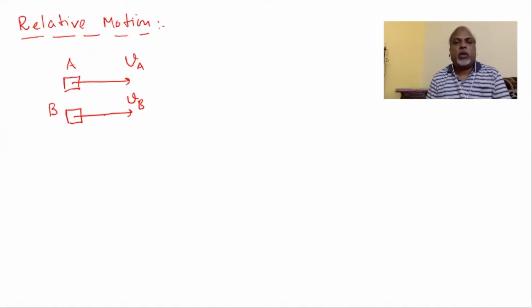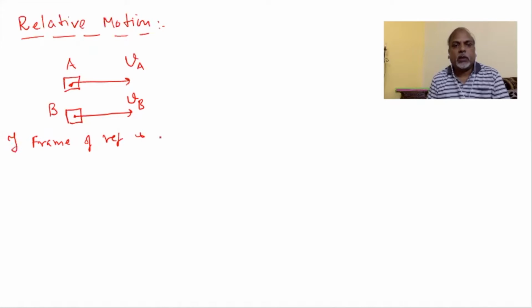It is moving with constant velocity. Now, if your frame of reference is the ground, then this body is moving with velocity VA with respect to ground, and this body is moving with velocity VB with respect to ground. And if VA is equal to VB,